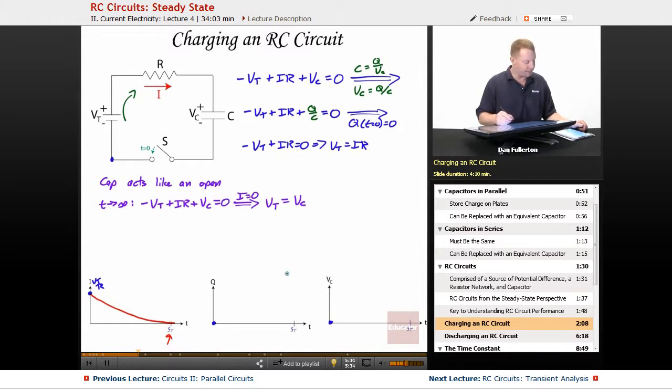Now, the capacitor must be charging up during this time. When it's fully charged, we know that it must have a charge of CVT on it. So I'm going to draw an asymptote in here at CVT when it's fully charged, and it's going to have an exponential increase toward that value, getting really close to it at about 5 tau, or 5 time constants. And the voltage across our capacitor, well, it started at 0. We know after a long, long time, we just determined that that was going to be equal to Vt. So we're going to follow that same asymptotic relationship, getting very close when we get to about 5 tau. How about if we were to